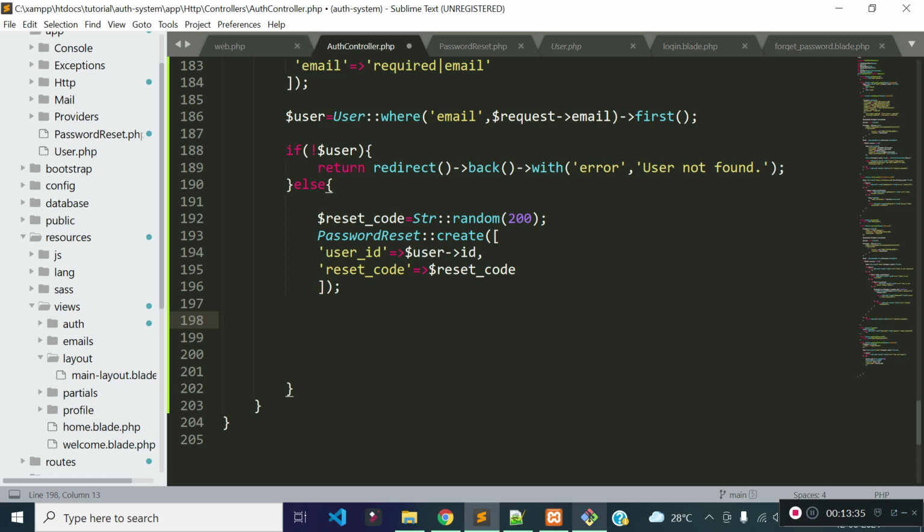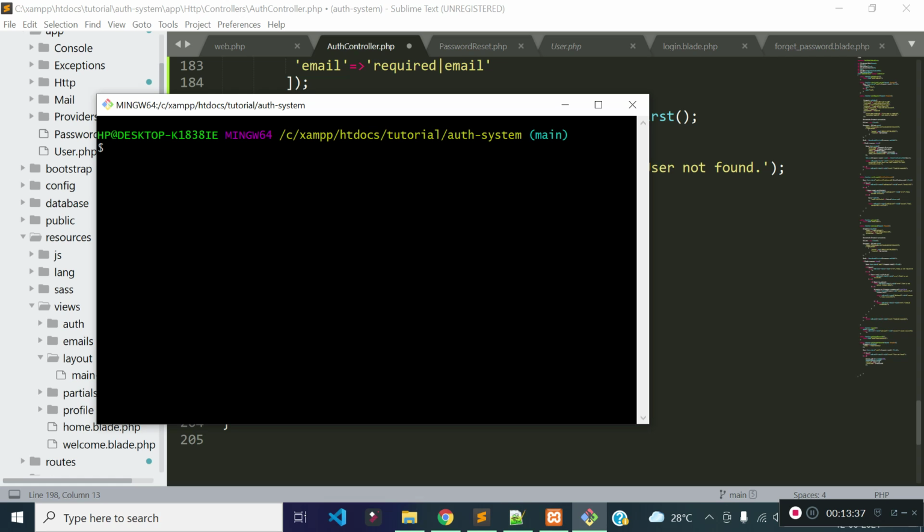So first of all, let's create a mail. In Laravel, we can create a mail by running php artisan make:mail and then your mail name. In my case, my mail name will be ForgetPasswordMail, and then I will generate the markdown body for this mail.